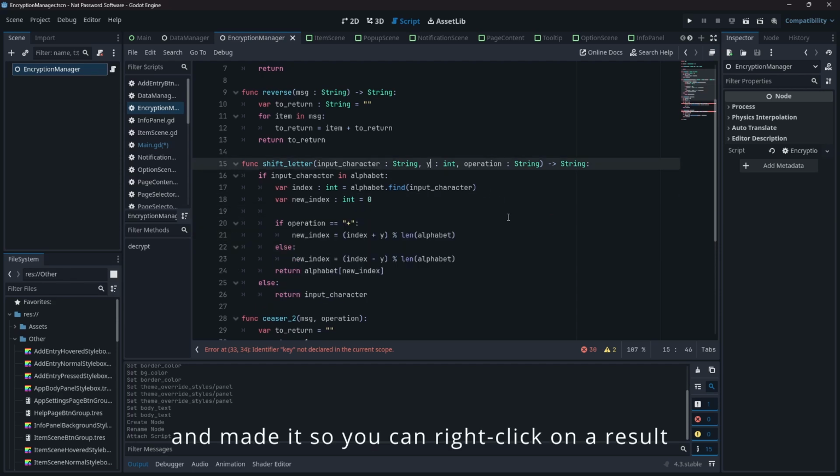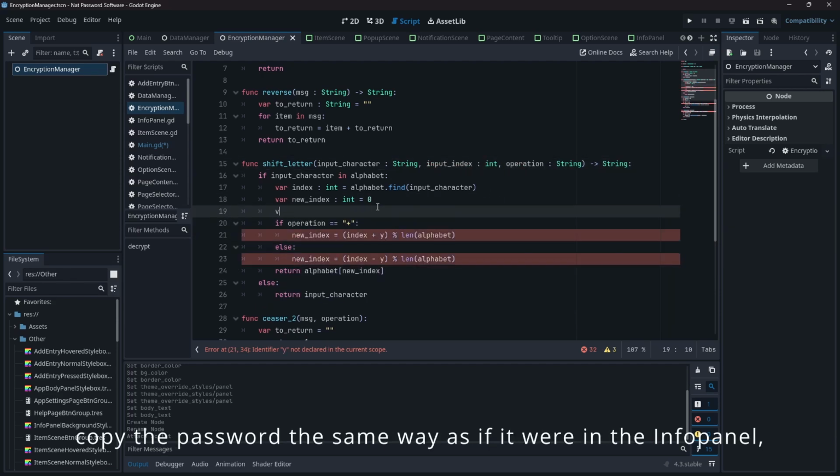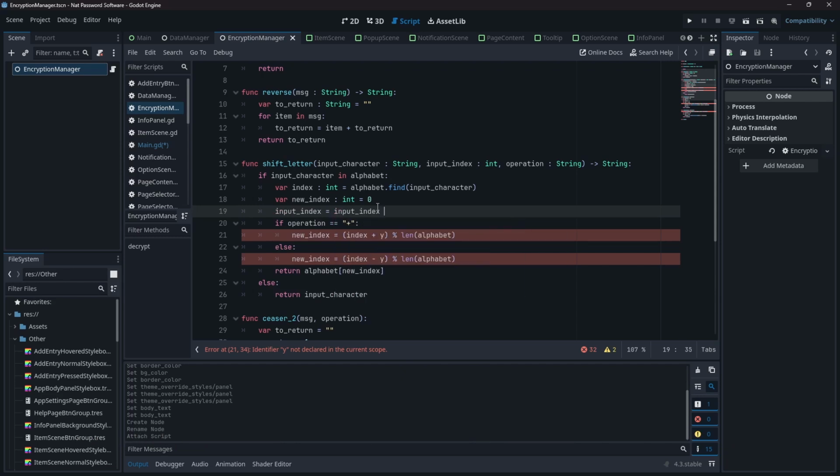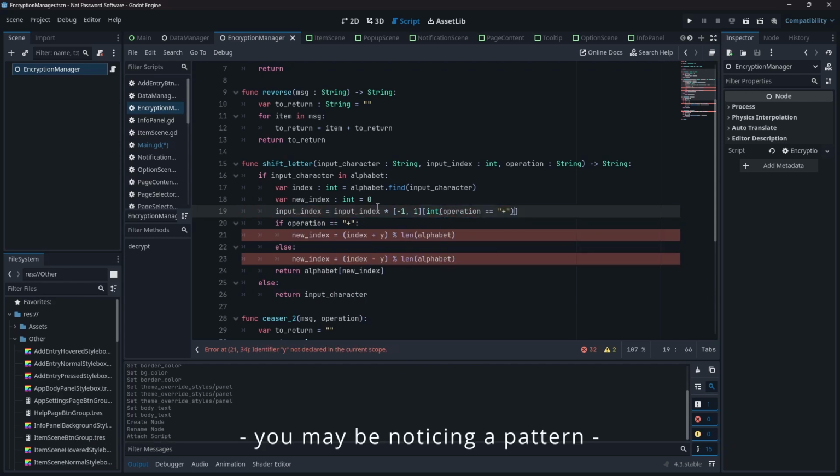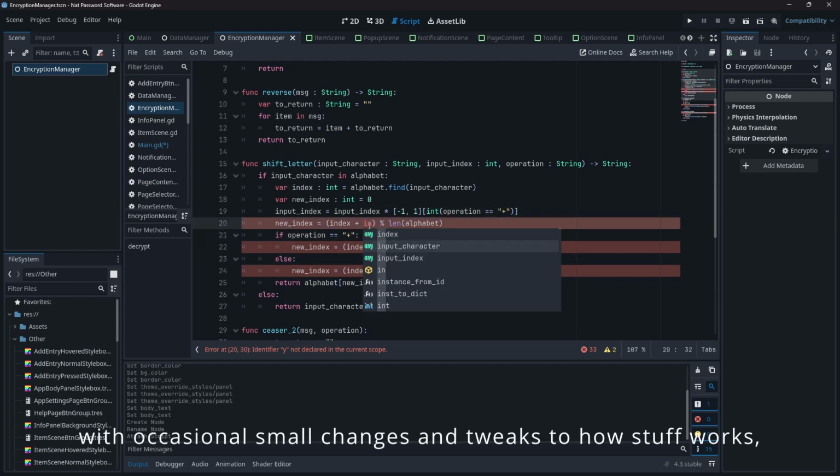I made it so you can right-click on a result from the search in your passwords, and it will copy the password the same way as if it were in the info panel, allowing for quicker searching and grabbing of passwords. Then, you may be noticing a pattern, even more fixing and testing with occasional small changes and tweaks to